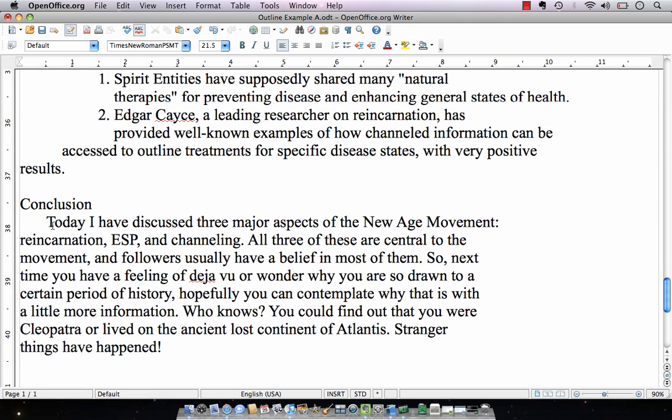Just like the introduction, I'm going to want the conclusion written out in full. There are 3 things I'm going to want to see in a conclusion: signaling the end, restate and reinforce the central idea, and refer to the introduction in some way. Those are the 3 things I'm going to be wanting in a conclusion. So make sure you write it out. Last thing